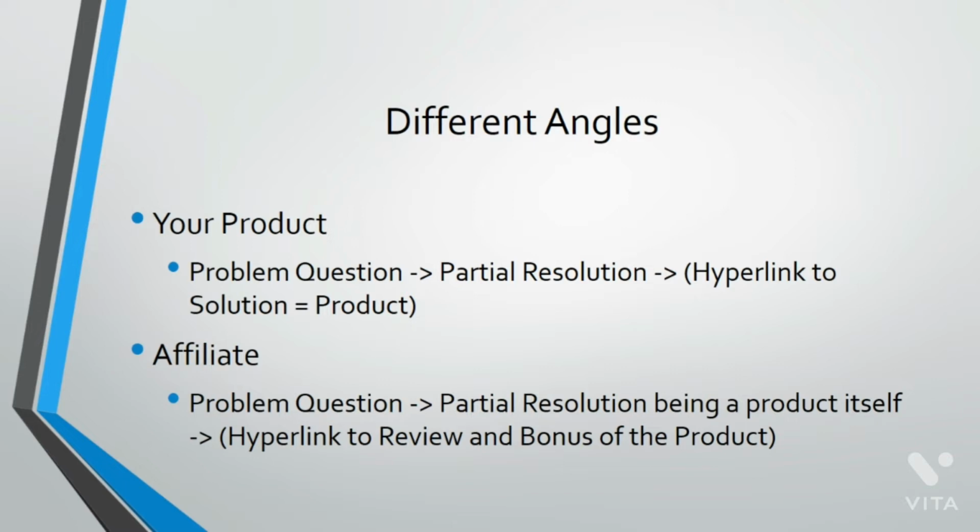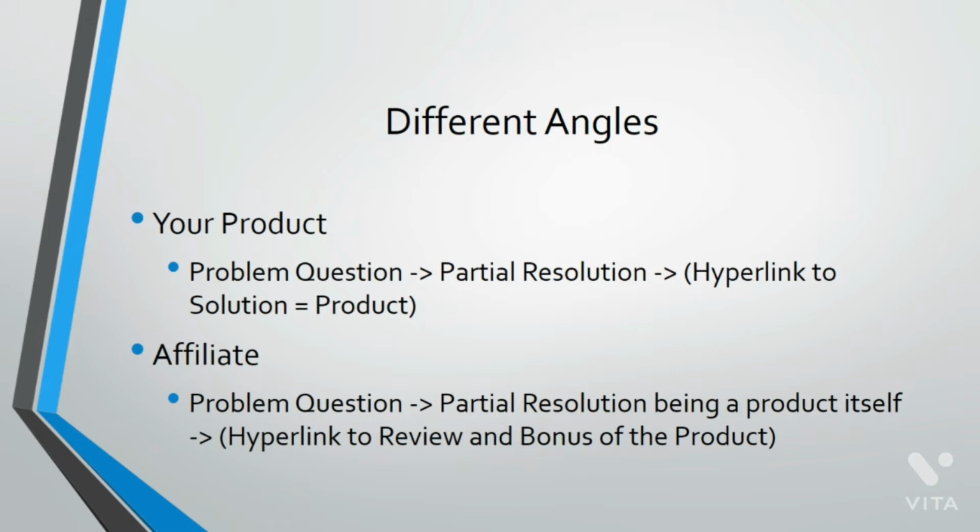And your content PDF file can be long, it can be short. In fact, it depends on what it is, but sometimes the shorter, the more straightforward it is, the better. If people can get the content, the resolution, the partial resolution that they need, then of course they are willing to look at the product. Now, as an affiliate, you could send them directly to your affiliate link. That's fine. So you could kind of take the angle of your product up here,